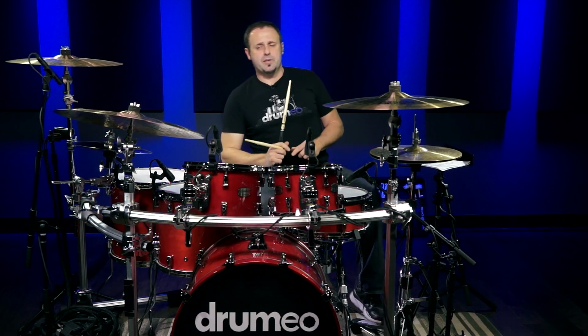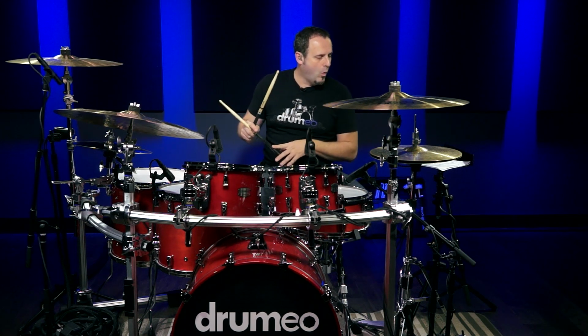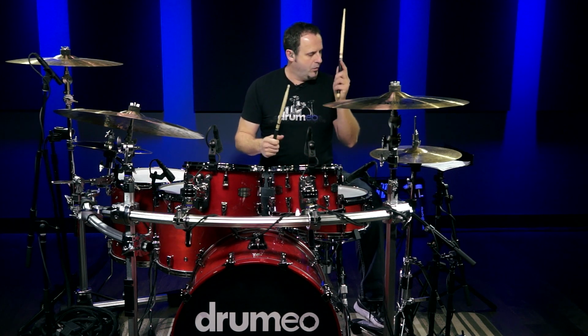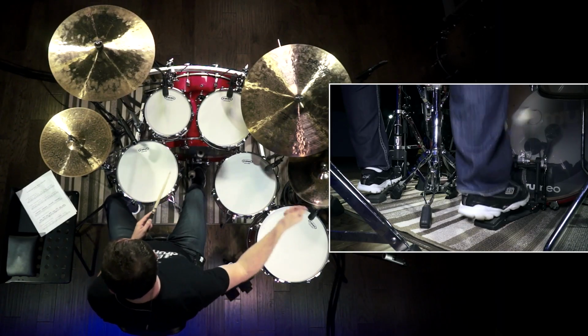So what we've got to do now with that beat is add crash cymbals on count 1 of the first measure, the 4 of the first measure, and the 1 of the second measure. So three crash cymbals in total: on the 1, on the 4, and on the 1. Here it is. 1 and 2 and 3 and 4 and...